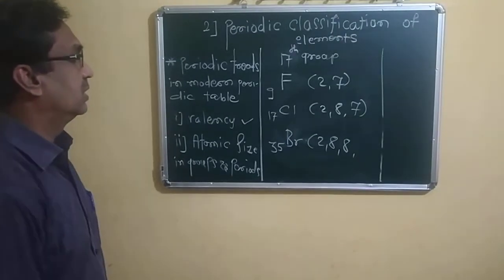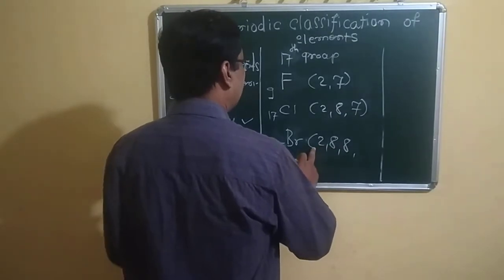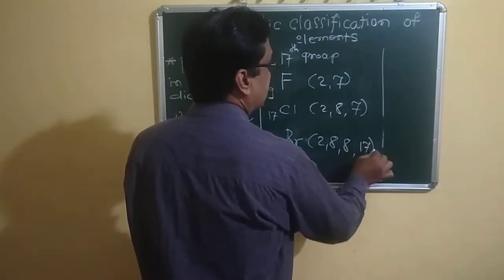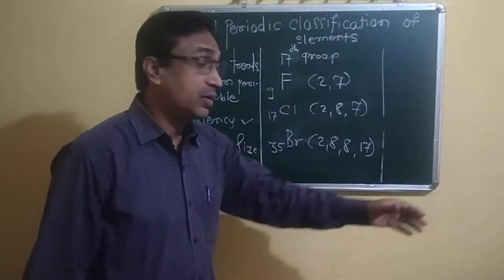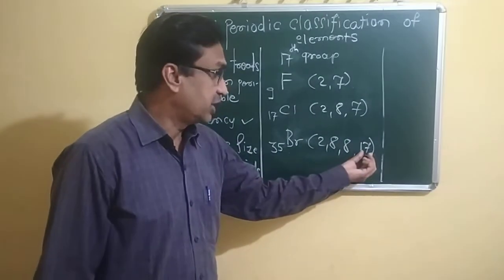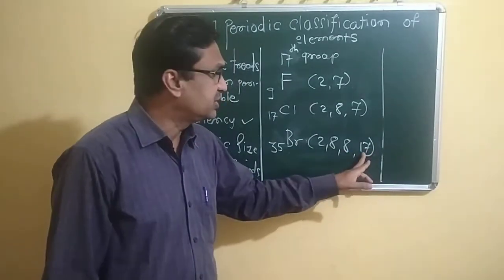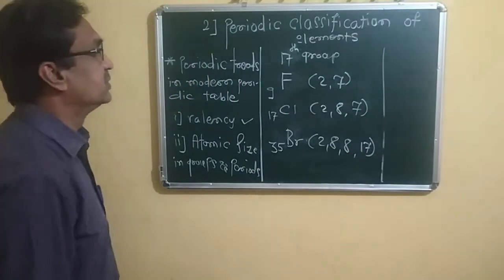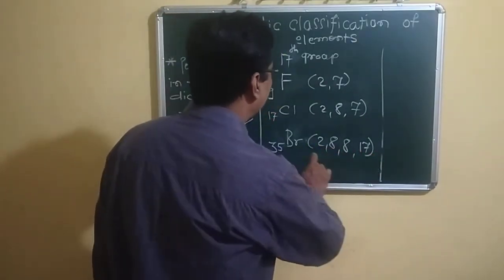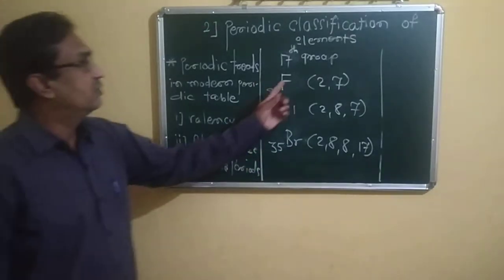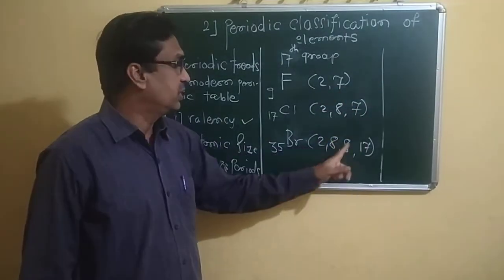and next one is what you have to see, that is 18, that is 17 remains, that is 1 electron. We got 2, 8, 8, 18 to complete its fourth shell. The maximum number in its fourth shell is 18. So it requires 1 electron to fulfill this. 8 plus 8 is 16, 16 plus 2 is 18, 18 plus 17, that is 35. In this way, there is 1 electron remaining to complete its octet. Here is for fluorine, for chlorine, and bromine.